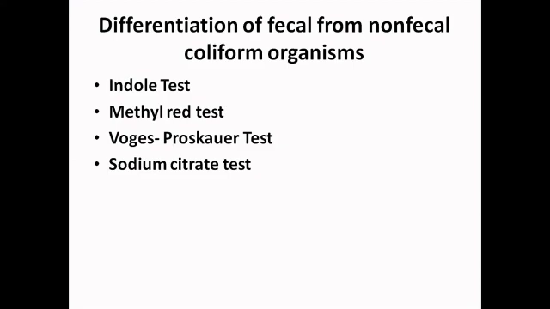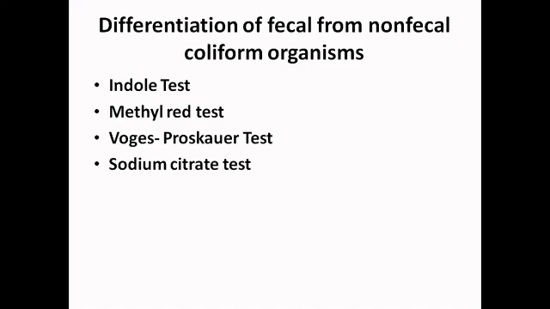Escherichia coli and Enterobacter aerogenes are the most important members of the coliform group as index organisms. Escherichia coli is a strictly intestinal bacterium, whereas Enterobacter aerogenes can grow on vegetative matter in addition to its fecal origin. Since the two species closely resemble each other in their morphological and cultural characters, biochemical tests are performed to differentiate and identify them.